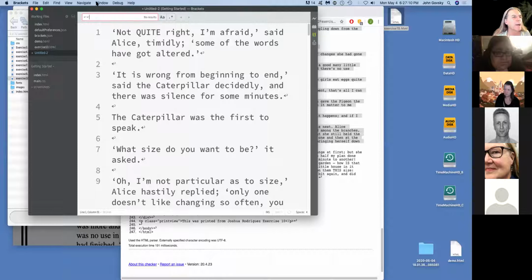Oh wait, I've got to go back to replace. And now I'm going to replace with /P, P. Can you see that? So in other words, that will turn into a /P and that will turn into a P. And I am going to replace, and no results. It doesn't like the carriage returns. What if I hit return? Will that work? No. In this text editor, I have to figure out what it wants for a carriage return.